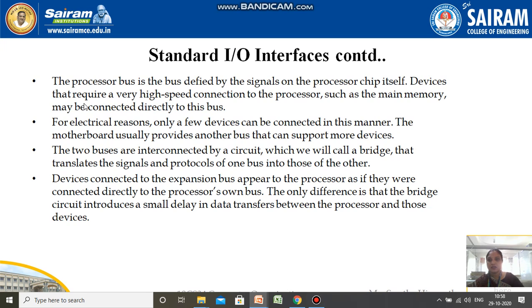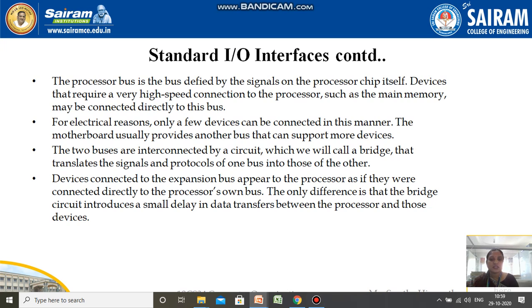So I'll read this out. The processor bus is the bus defined by the signals on the processor chip itself. Devices that require a very high speed connection to the processor, such as the main memory, may be connected directly to this bus. For electrical reasons, only a few devices can be connected in this manner. The motherboard usually provides another bus that can support more devices. The two buses are interconnected by a circuit which we will call a bridge, that translates the signals and protocols of one bus into those of the other.